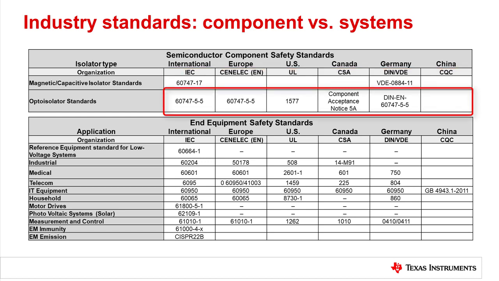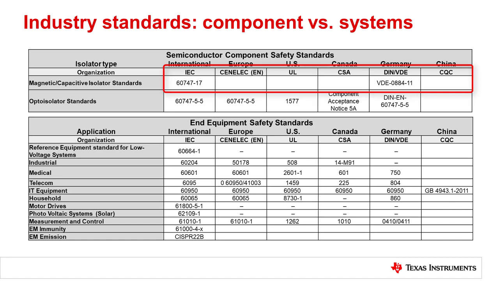This means optical isolators must provide certification to UL 1577 and IEC 60747-5-5, while digital isolators must meet VDE 0884-11. To serve a worldwide market, component suppliers must work to meet as many required certifications as possible, including keeping the most recent certifications up to date. As of December 2019, all digital isolators are required to meet the new VDE 0884-11 test conditions in order to